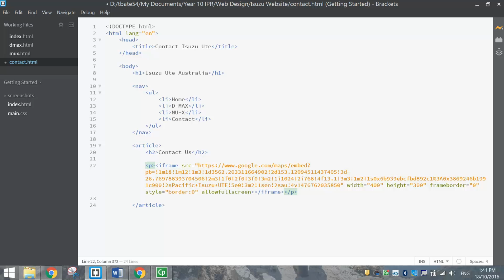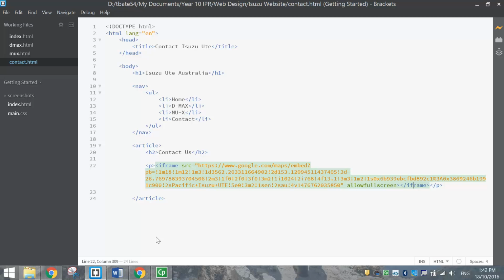Now there's a few things we want to change on this. First of all, the width and the height. Okay, we don't need that there yet. We're going to style that up in our CSS a bit later on. So delete the width and the height tags. We don't want them. The other thing, frame border and the border equaling 0 there. We don't need those either. Okay, they are outdated pieces of code actually, or the frame border is, so just delete those. So any bit of code you need at the end after the orange stuff is allow full screen. Okay, and you'll see that the iframe closes off,